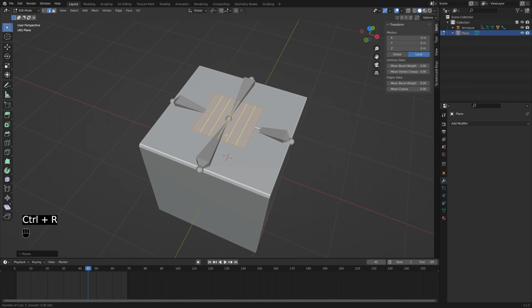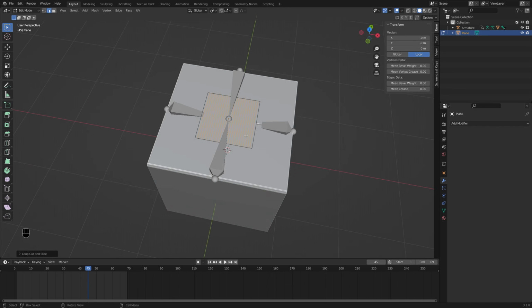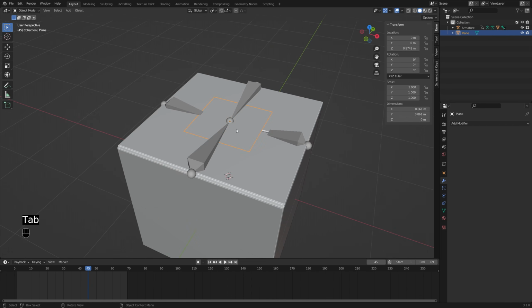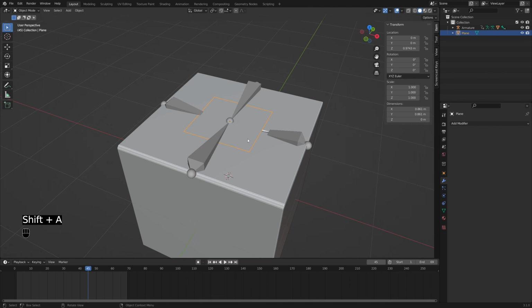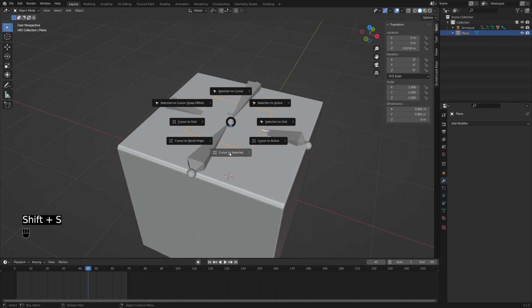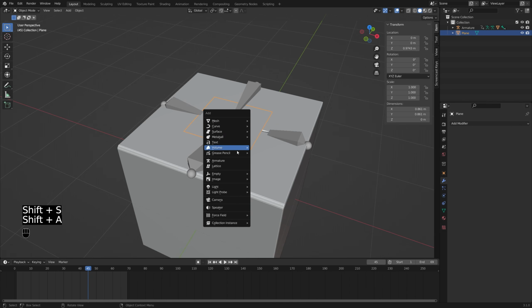So I'm going to add in some edge loops, Control R, and just add in a bunch, something like that. I think it's going to be pretty good, just so that there's enough geometry to deform with a curve. So let's go ahead and add in that curve. Shift A, and actually let's snap our cursor up here. Shift S, cursor to selected. Let's add in a curve